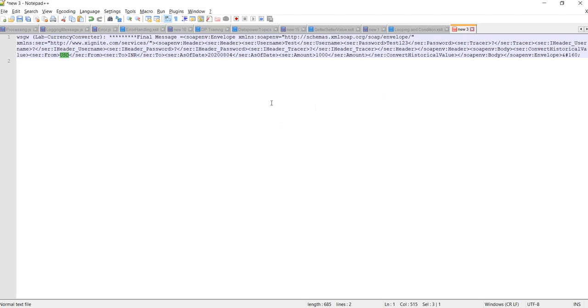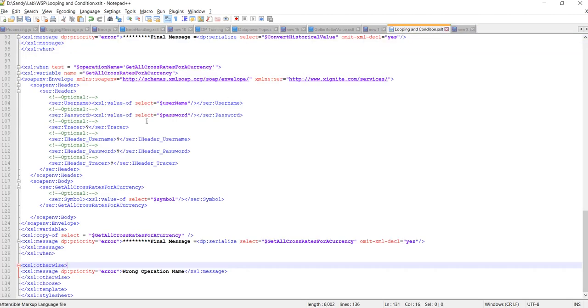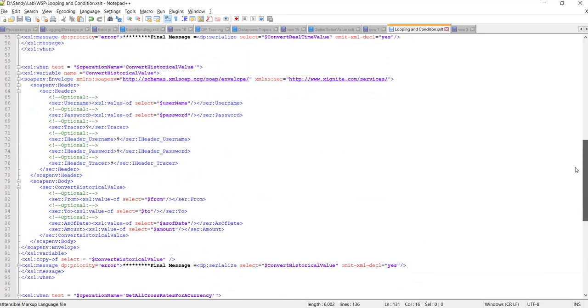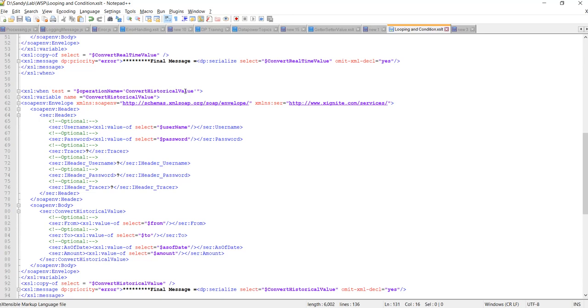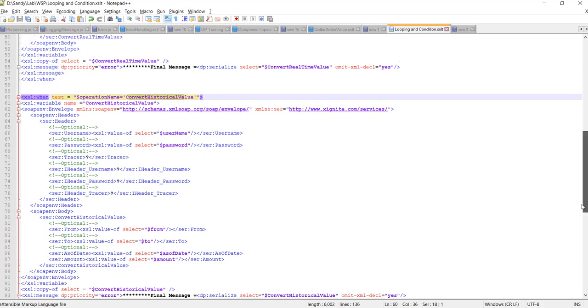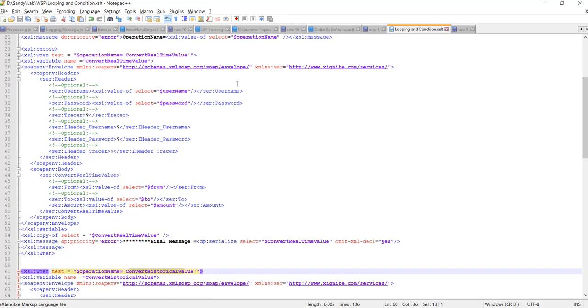For this operation, as per the operation name, the first condition checked the operation name and got false, meaning the operation name doesn't match what we passed in our request message.